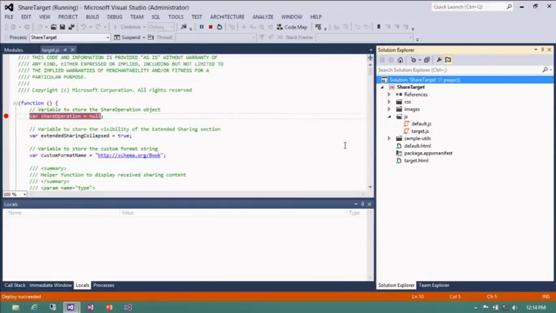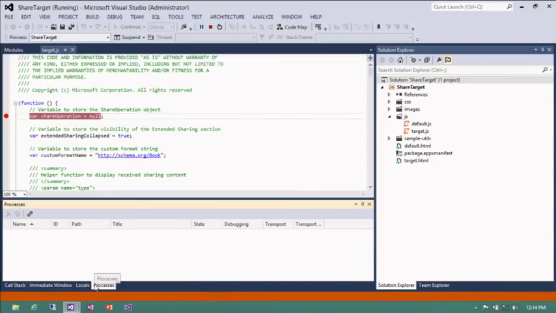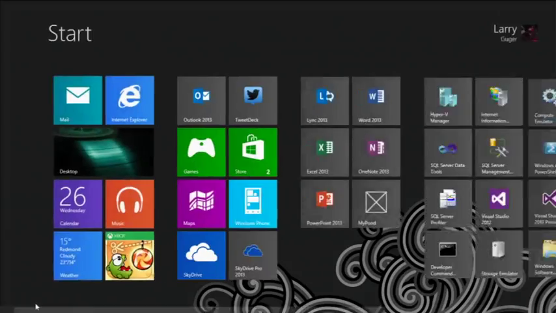So now if I start debugging, basically I've just spun up Visual Studio into a debug mode, but my application isn't running. You can see in my processes window, I don't have any process that I'm debugging, right? So we're sort of in a dormant state. And what I'm waiting for is some client application to interact with my share target. So what I can do now is I can just come back over to my desktop,